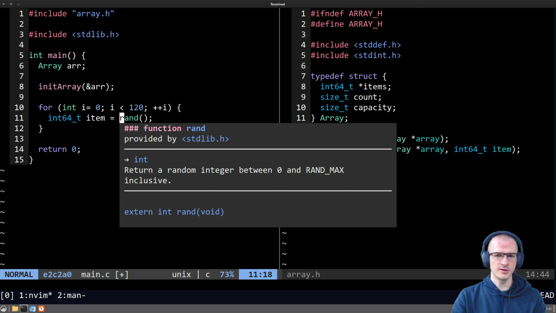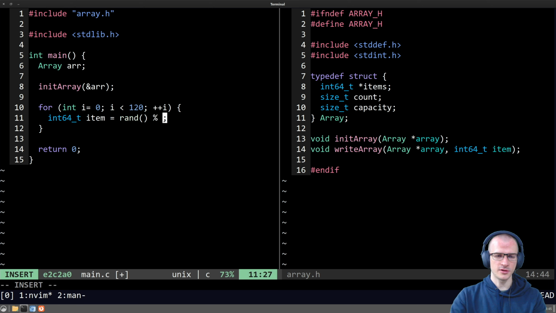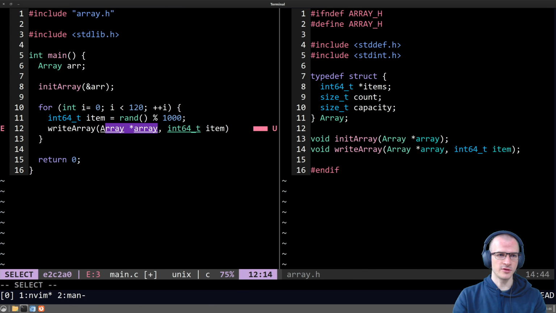It returns an int. Okay, let's say we just want it to be less than 1000. So we write a new element to this array,